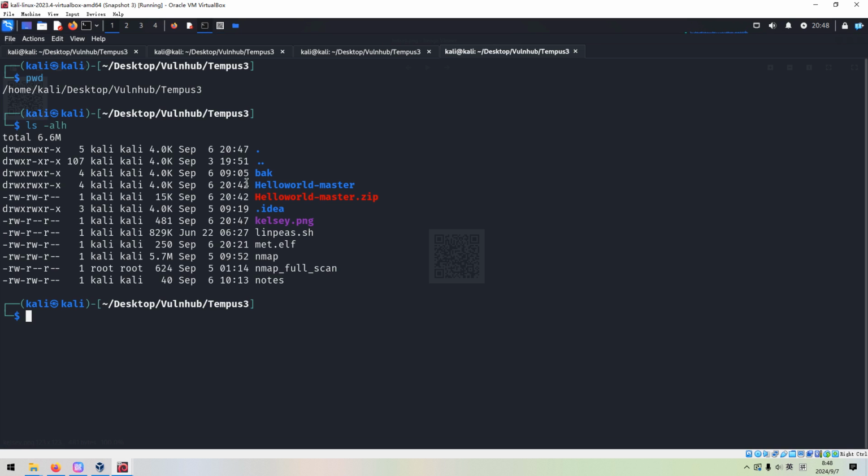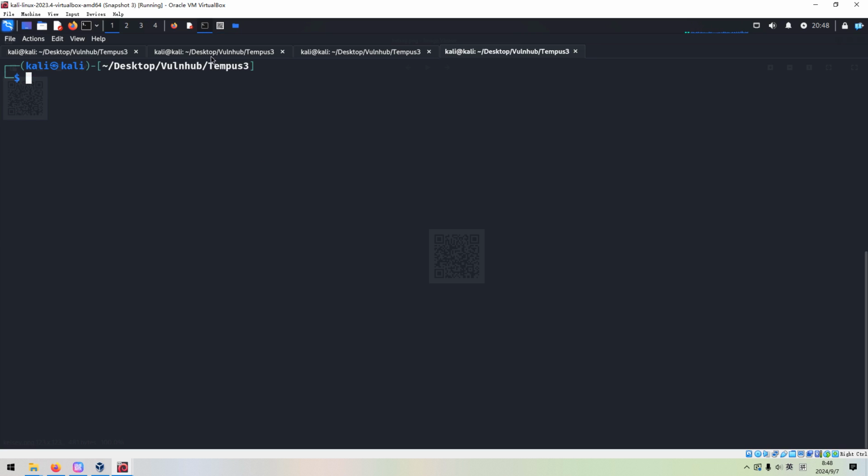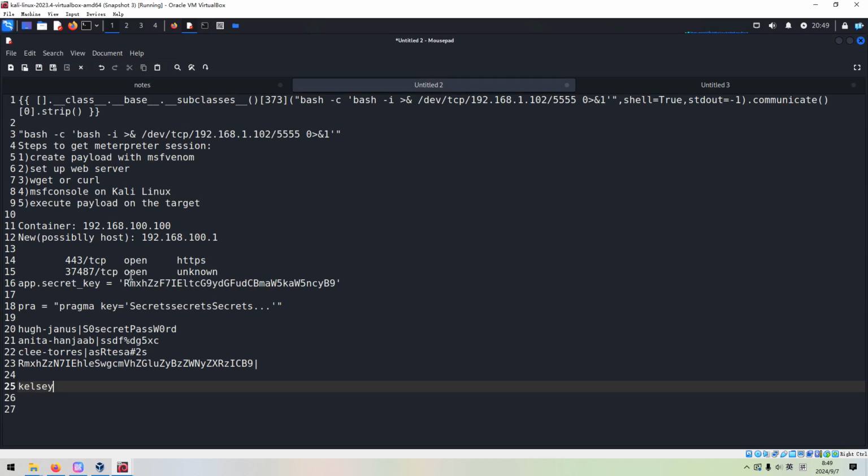Since now we have already got the username from the file name of this picture, next we can SSH to the target, and the port number should be, we have already set up the tunnel, right? And the username should be this one.